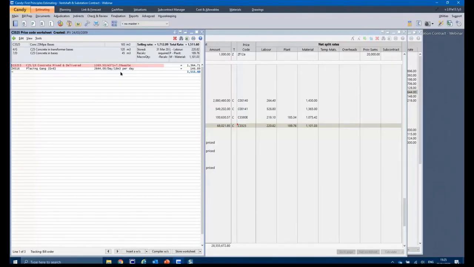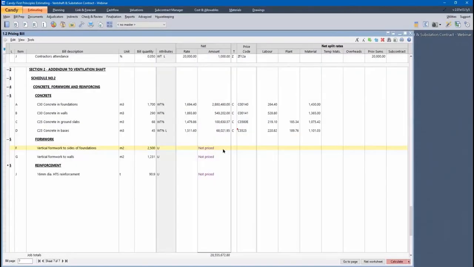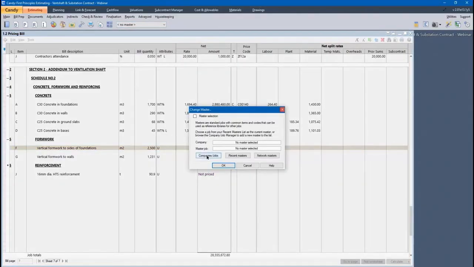Now where you want to price using a master, this allows us to do that as well. So you'll see on my toolbar, no master is available, but I can select a previously priced job in Candy. I can go browse for it. A master can sit on my local C drive, or a master could also sit on a network. If you've got a network setup, this is ideal. You've got a tender department that utilizes the same master. It's a good way to standardize your pricing across the organization. In this case, I'm going to use one of my previous jobs.